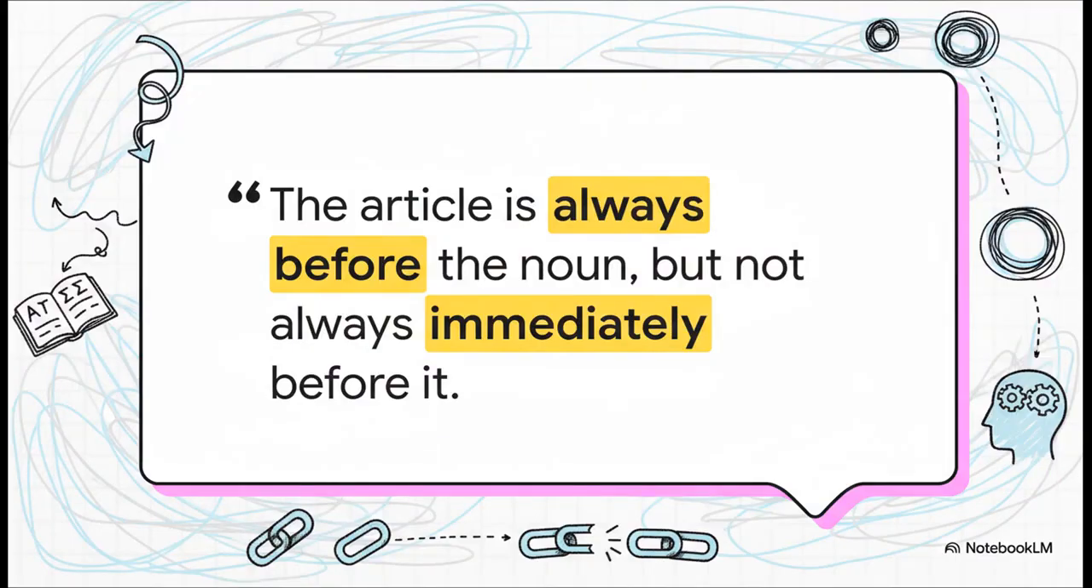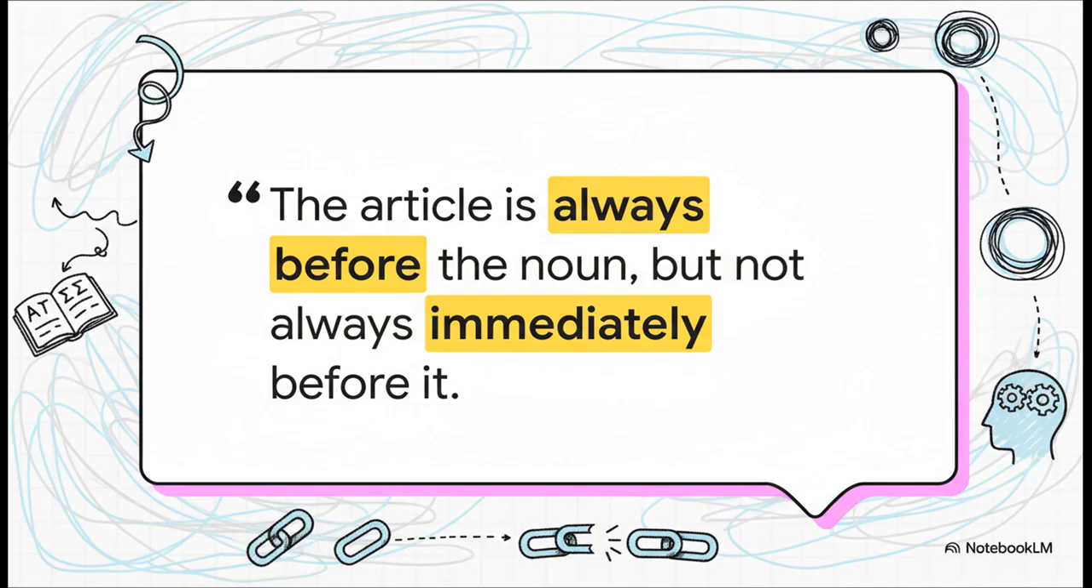Okay, one last quick tip for you. The article is always going to come before its noun, but it might not be right before it. Check out this example. You see the word for the at the beginning and the word for widow way over at the end. All those little words in the middle are just extra details. The big takeaway is that article at the start still belongs to its noun, even if there's a little bit